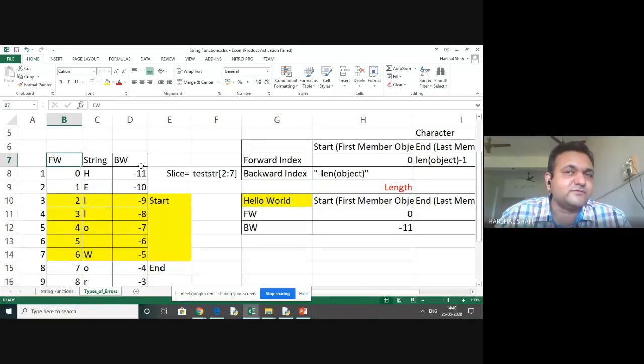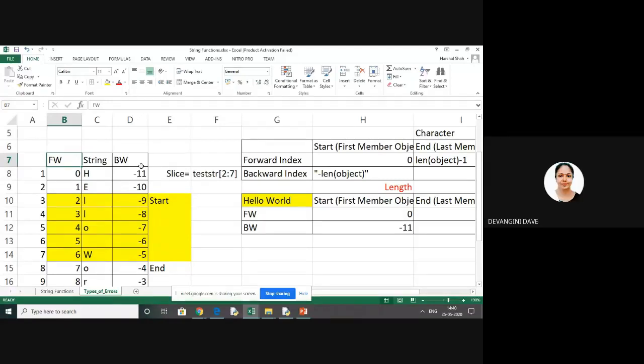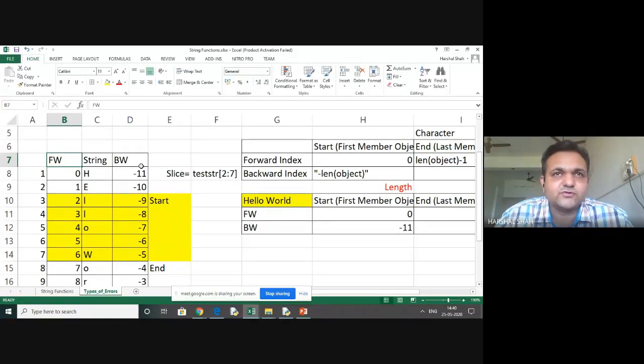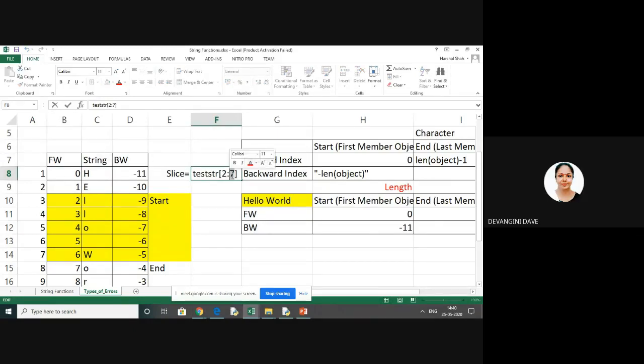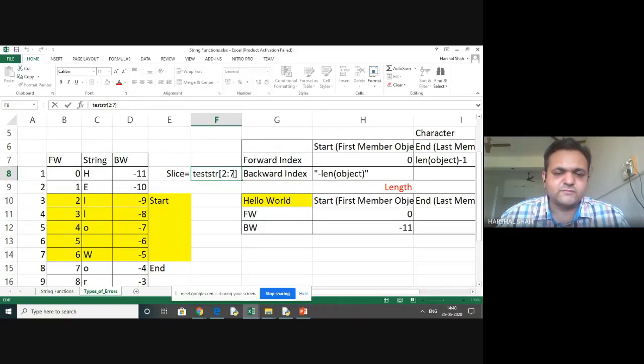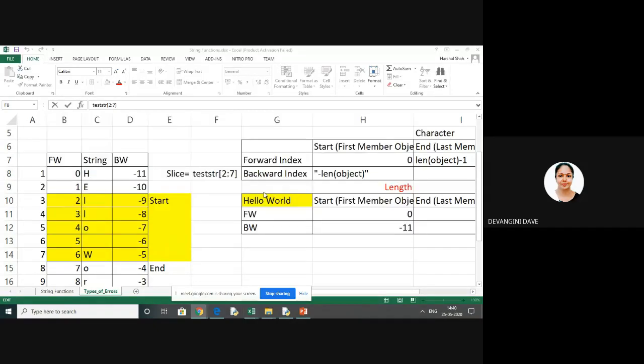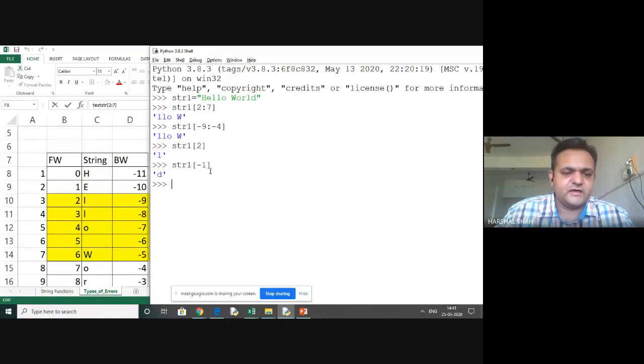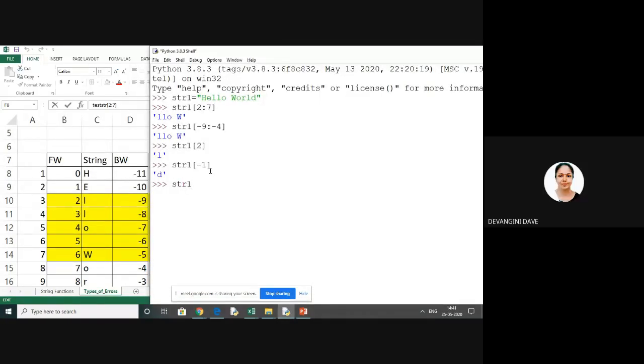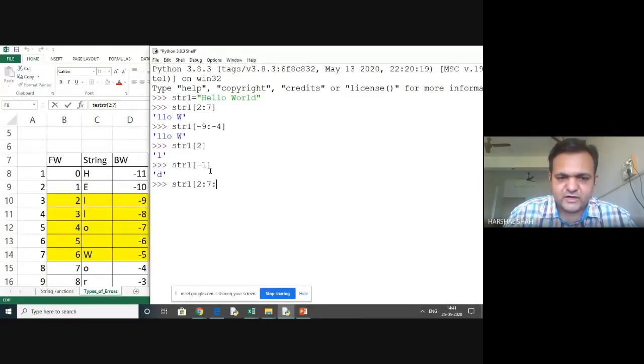Whenever this example comes, you will know more about how indexing helps us to start and access the data. Now, when I index something, the very first is the start and the second is the end. End means up to, and there is also a third part. The third part is the number of steps to the next character. So I will make it like 2, 7, and put a 2 as the step.